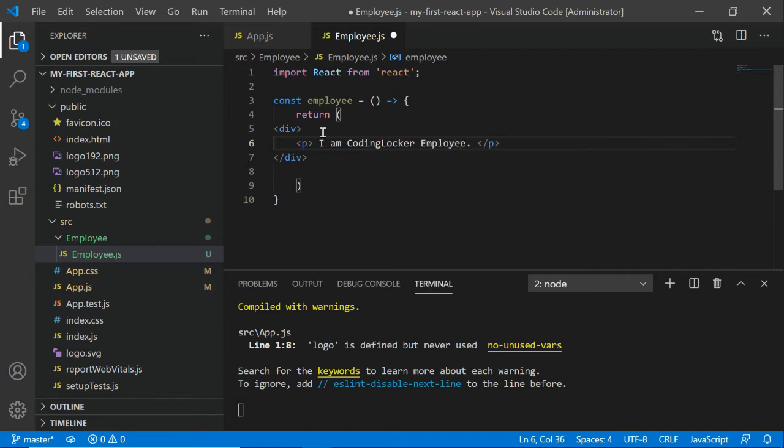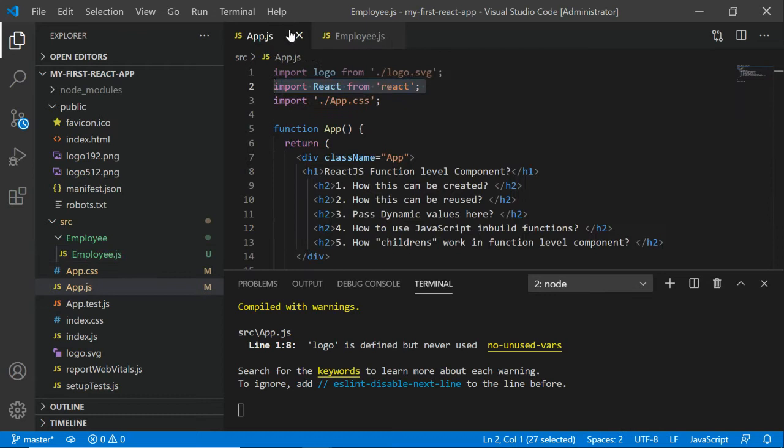That is all I need to do. At last, we need to export this with export default employee. So I have imported React, created the JSX, and then exported it.